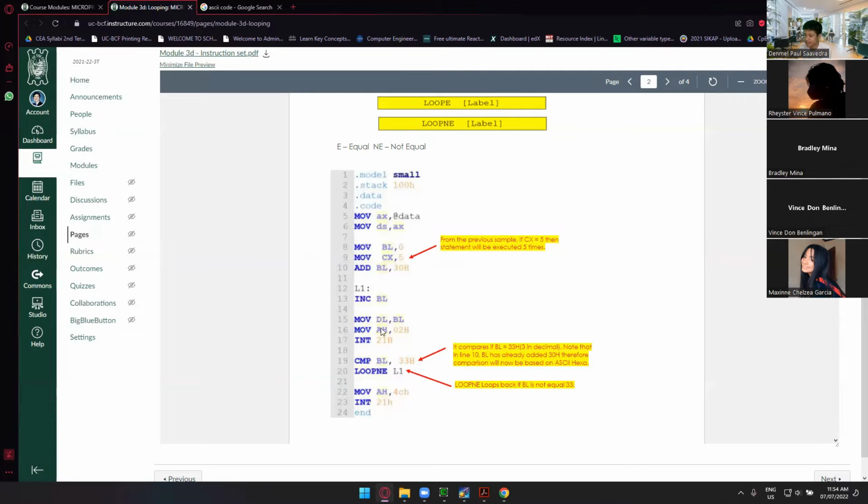So that's it for this: move AH, 0 to H, and then INT 21H. So here is now the condition. Compare BL, 33H. Loop not equal to L1. Okay, so if it's not equal to L1, say this 33H, where 33H is 3 in decimal, or in character, let's see, I think it's